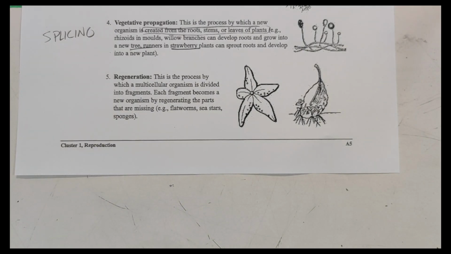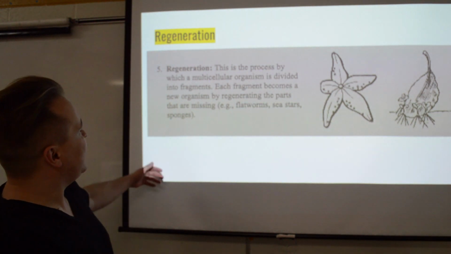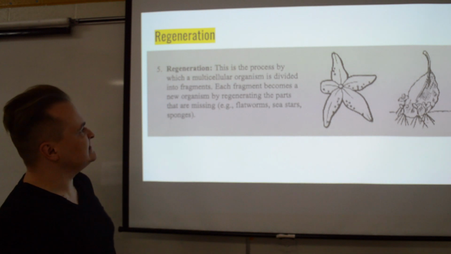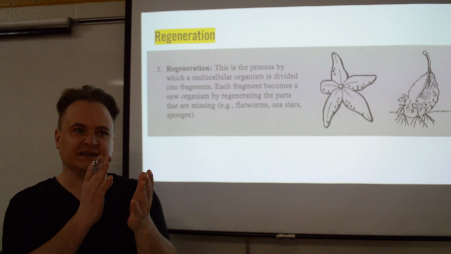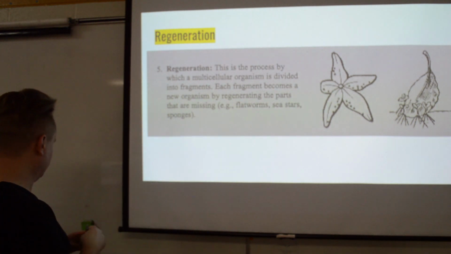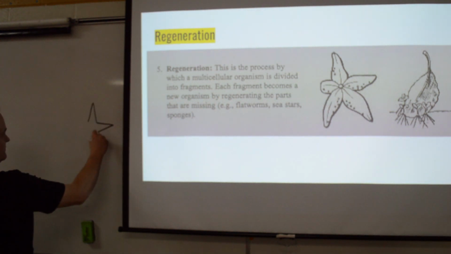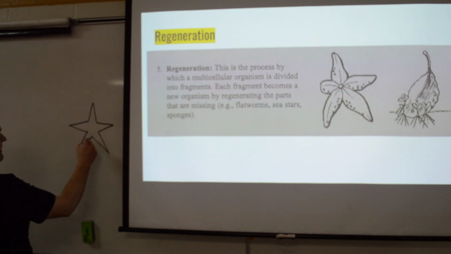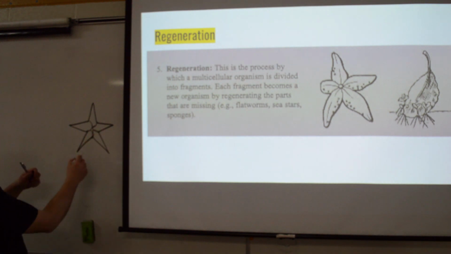And the last one is regeneration, and that is the last type of asexual reproduction, and that is when a multicellular organism is divided into fragments, and each fragment can grow into its own. So for example, if you take a starfish and break it into 5 pieces, as long as there's a little piece of that middle, so if you were talking here, if you took a starfish and you just broke a little chunk of that middle out, as long as there was some of that core area, each one of those, if you took it,